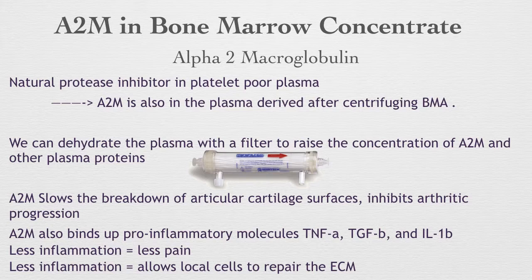Clinically, we have many studies now that show that A2M slows the breakdown of articular cartilage. That's another way of saying that we can slow the arthritic progression in many, many joints by using alpha-2 macroglobulin as an intra-articular injection, perhaps. A2M also binds up pro-inflammatory molecules like TNF-alpha and TGF-beta. And as a result, if we inject this in a synovial joint, it may decrease the chronic inflammatory status of that joint. That may be another mechanism of action that decreases our patient's pain clinically. Less inflammation may equal less pain. It also may allow local cells to thereby go on and heal, whether it's healing some chondromalacia or repairing the